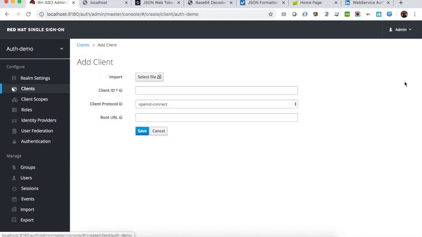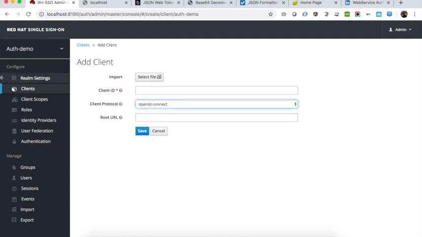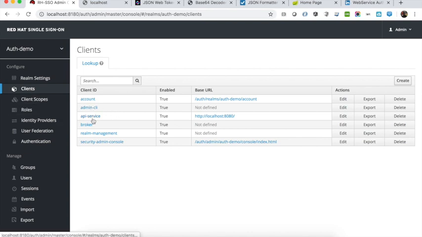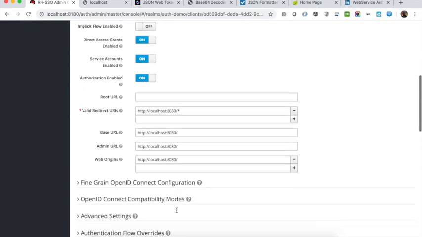If you click create, you just select the different types of clients using the client protocol. For this client, we'll be using OpenID Connect. So back to the API Service client. This client is an OpenID client with a set of other